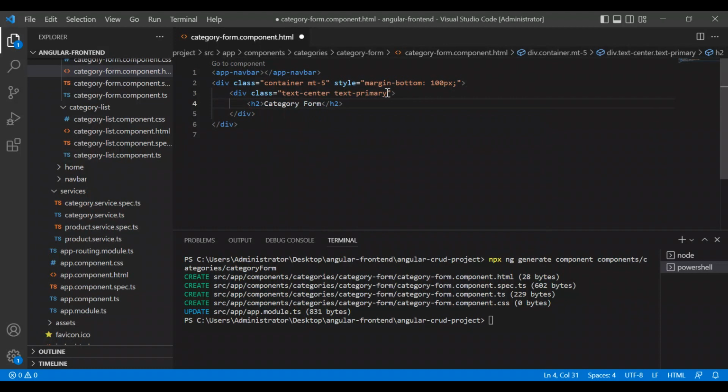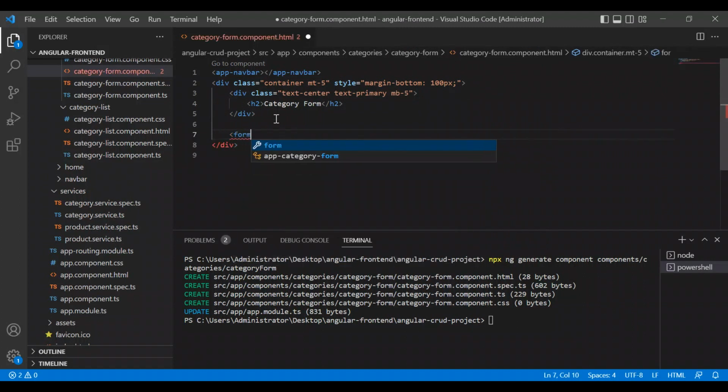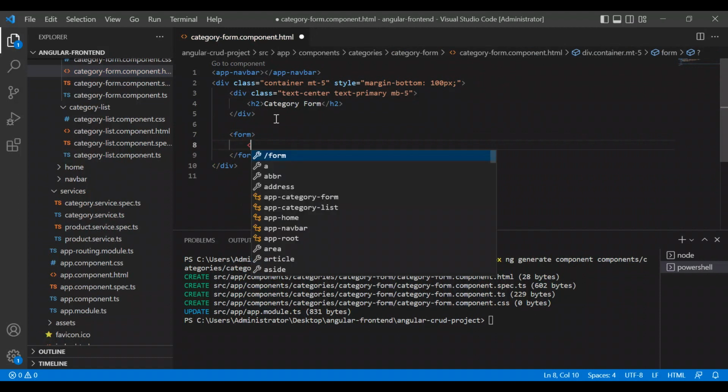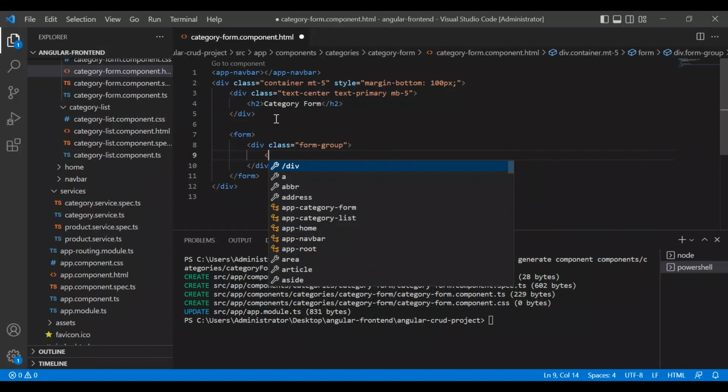And also we need to give it margin bottom. We will use 5 to be separated from the form, and let's create a form. I will create a class form group. And inside this div,